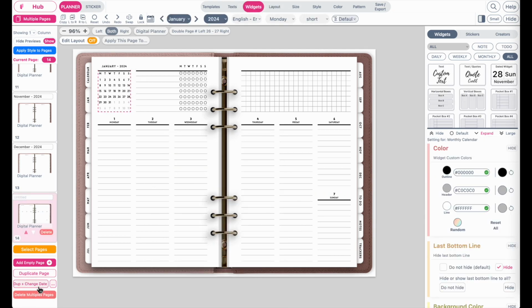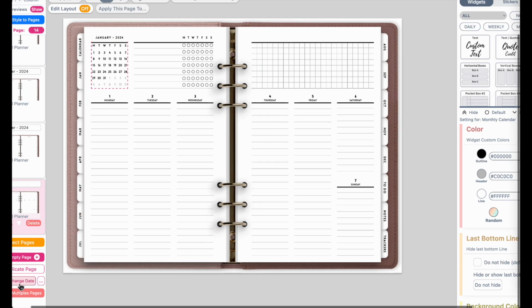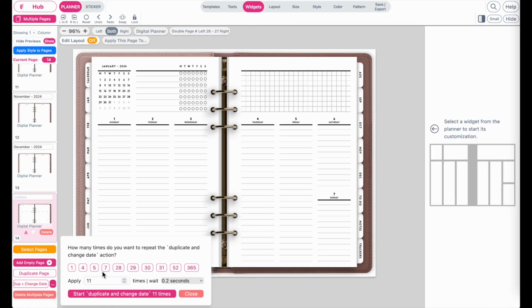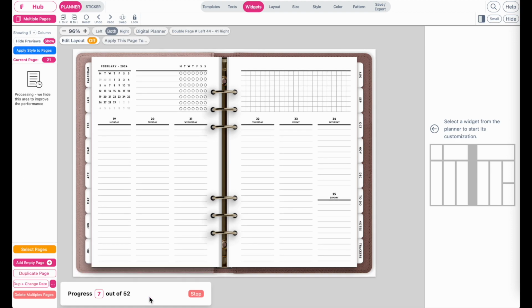And now we can click again on this ... button here. And now 1 year has around 52 weekly pages. So we can click here on 52. And I have it set to 0.2 seconds because this planner doesn't have too many widgets. So I should be able to get every page loaded in 0.2 seconds. Okay. Have it apply 52 pages, and now let's click on Duplicate plus Change Date,